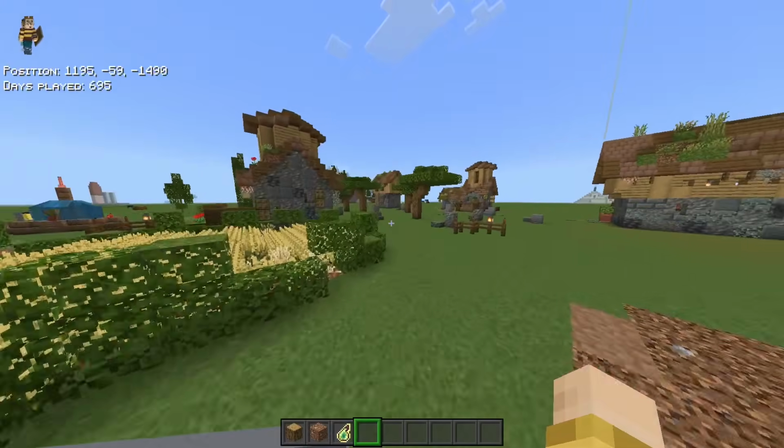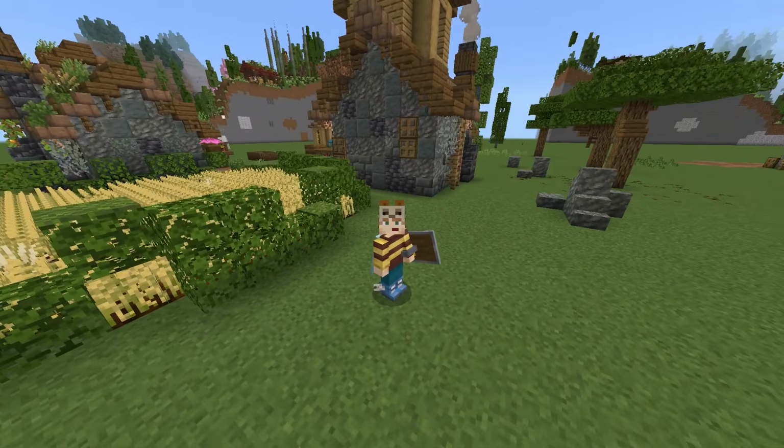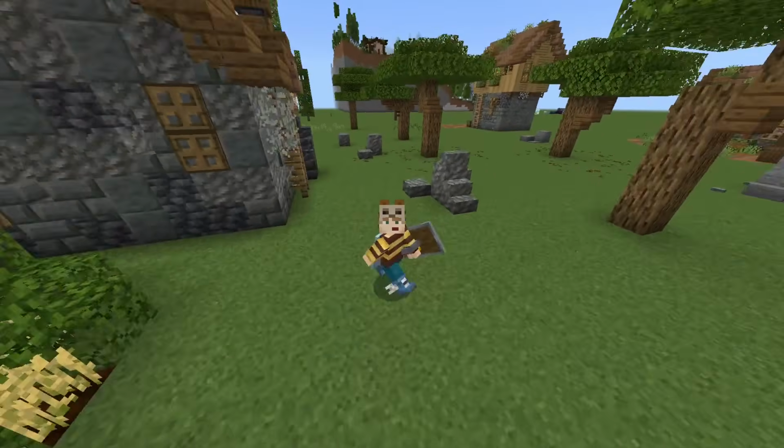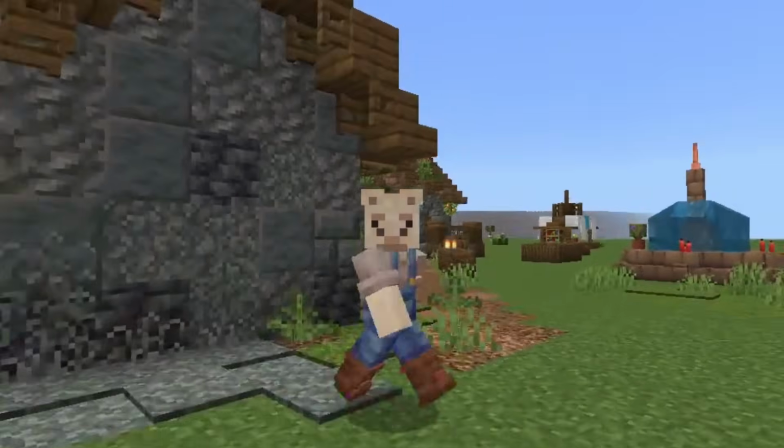But if you watch a lot of YouTube or my videos, for example, you'll see that I use a lot of these packs in just my Java Edition gameplay, so it's nice that Bedrock Edition has their own version of it as well. Now I have to switch over to my llama for this next pack, but this is 3D